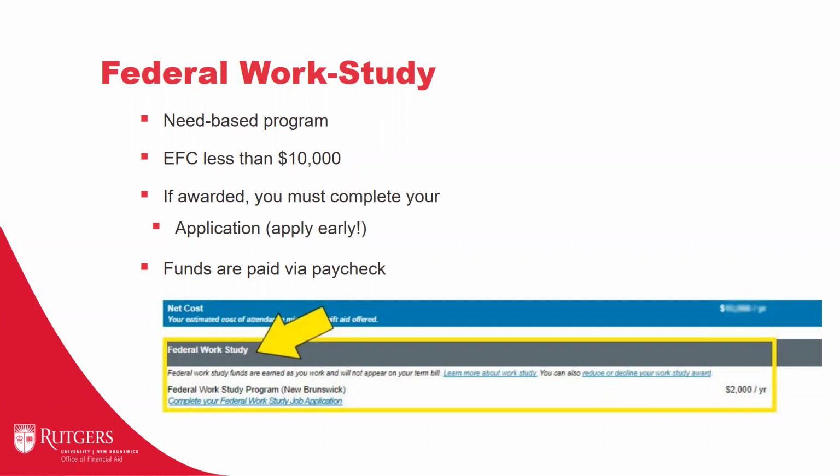The maximum the student will receive is like $2,000 for the year. That is the initial award amount, $2,000 for the year. And the link for the work study application is posted directly underneath it. So you will see that link that says complete your federal work study application. So it's pretty straightforward when you see it.